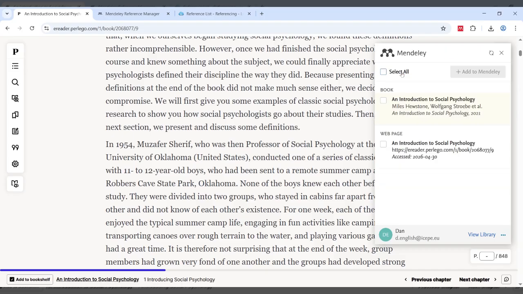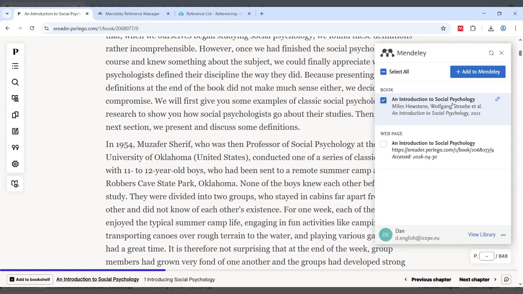I'm just going to get back out of that, and this will be what should come up for you in the first instance. If you're not logged into your Mendeley library in the background, it may ask you to actually sign into this. So you can just sign in as you normally would into Mendeley with your normal Mendeley login details. As you can see here, there are two options. These are both for the same book, but one of them is just picking it up as a web page. But because it's an ebook, we want to use book. So Mendeley doesn't differentiate between book and ebook. So we'll select the book option.